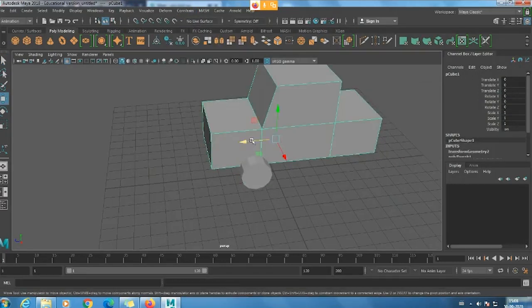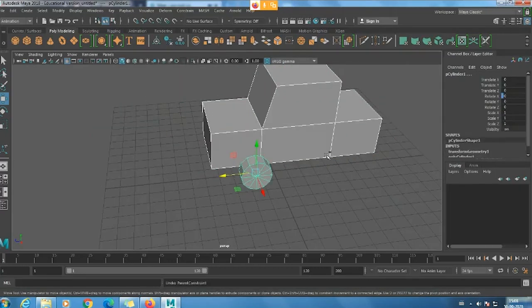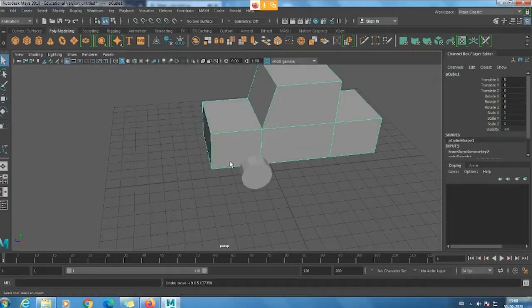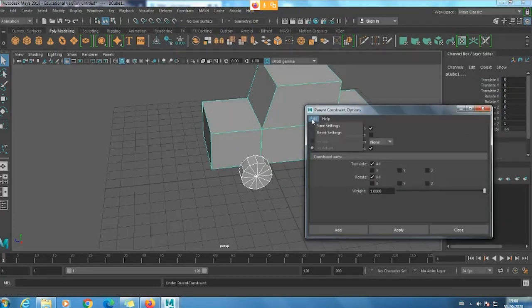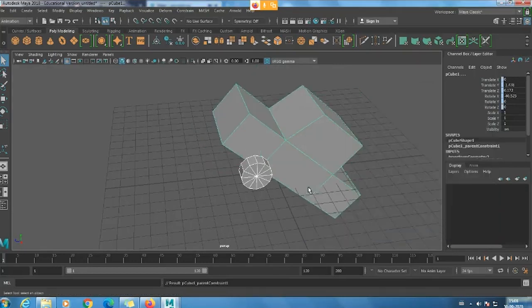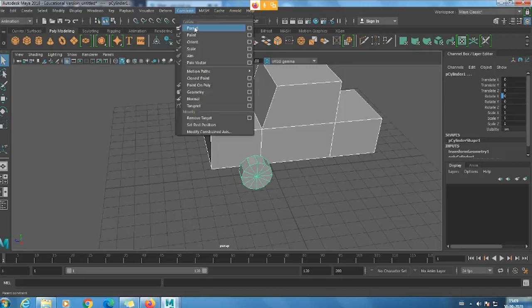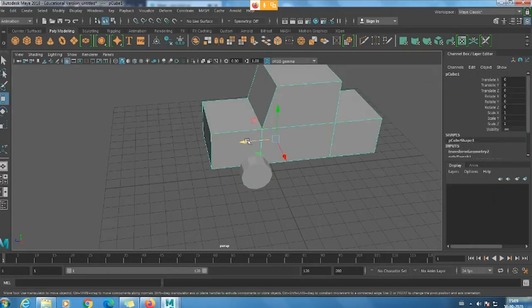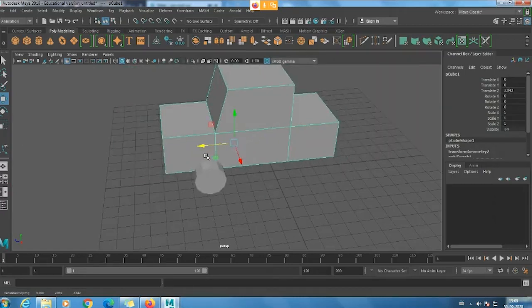So now you can see what happened. And it stops rotating.